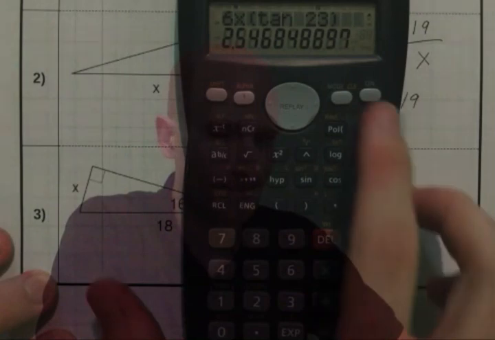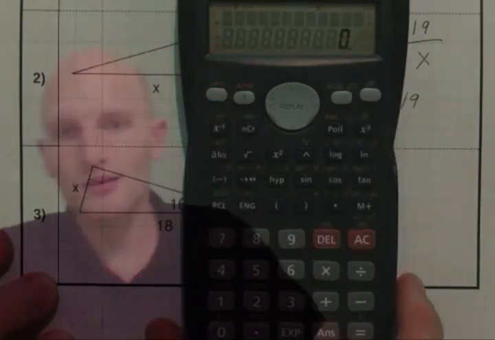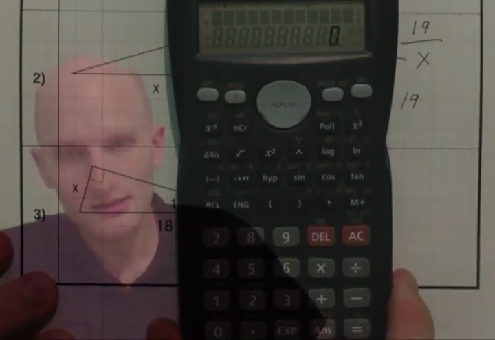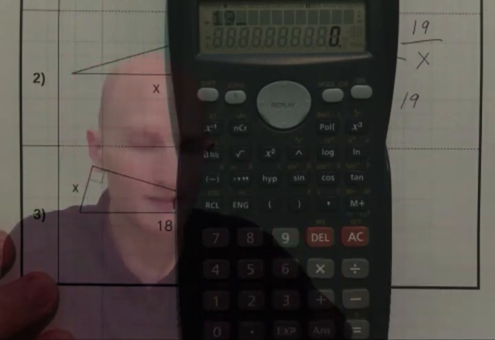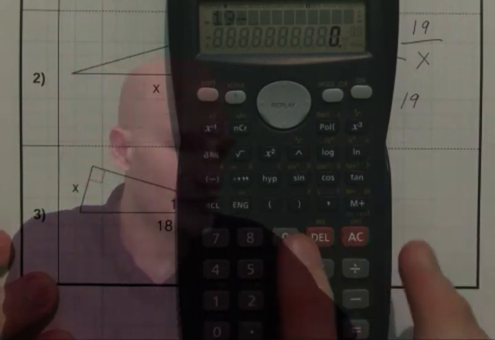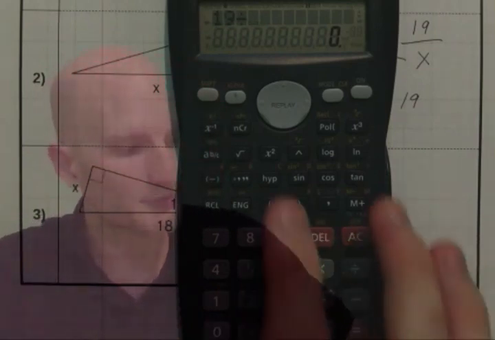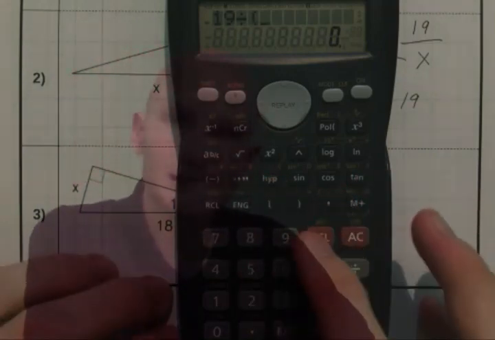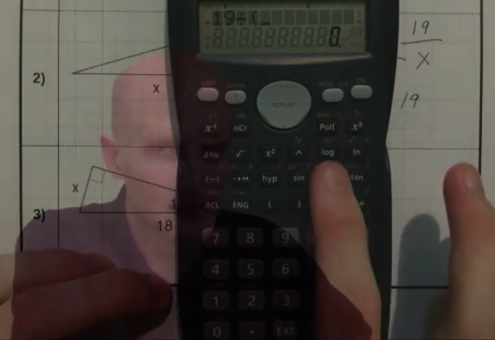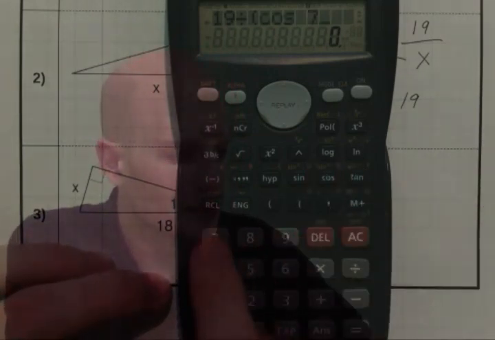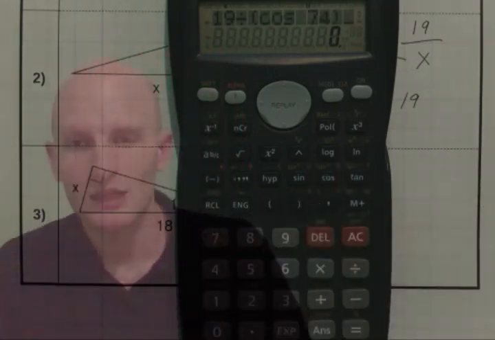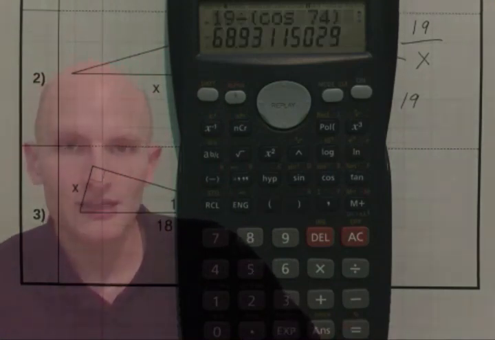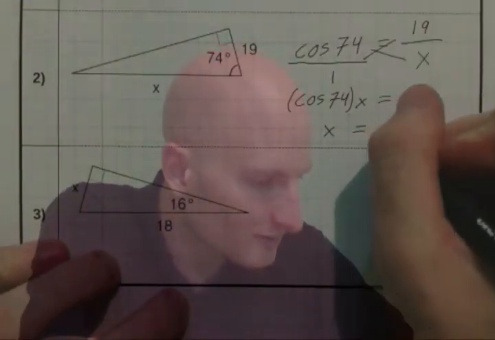So here we are. We already know that we're in degrees. So we're going to say 19 divided by, and then I would say, just to be safe, use parentheses, even though in this case I don't think you have to. Divided by cosine 74, like that, and then equals, and you get 68.9, okay? X equals